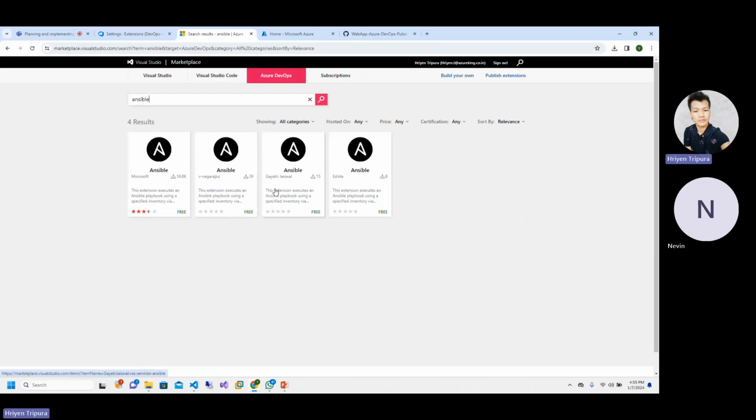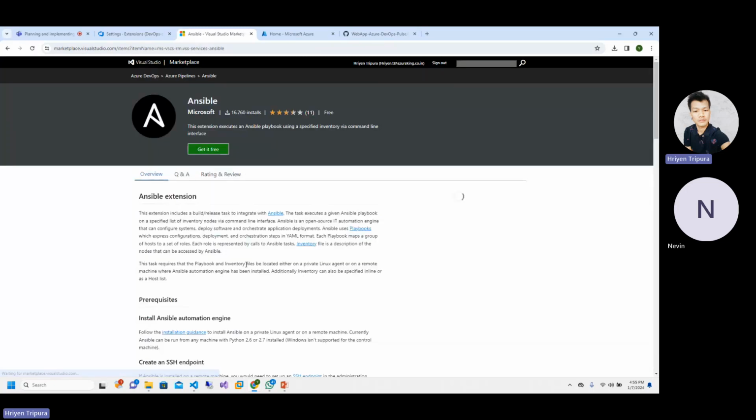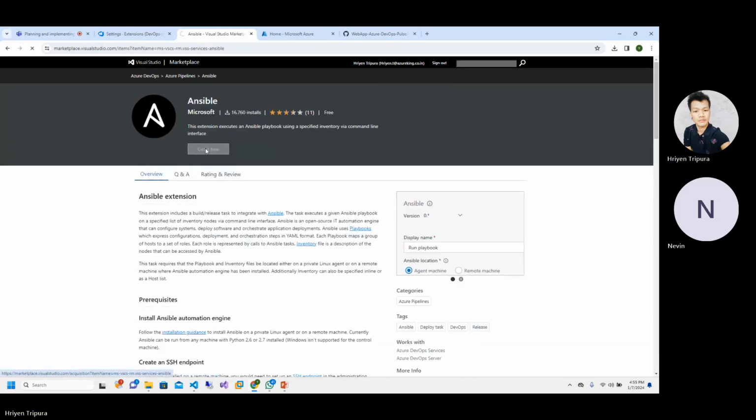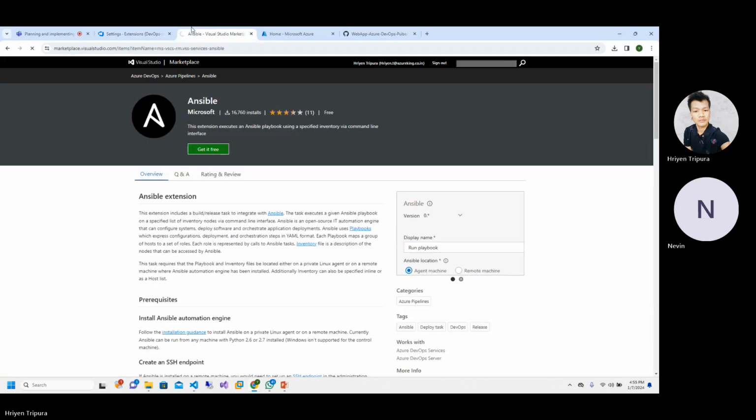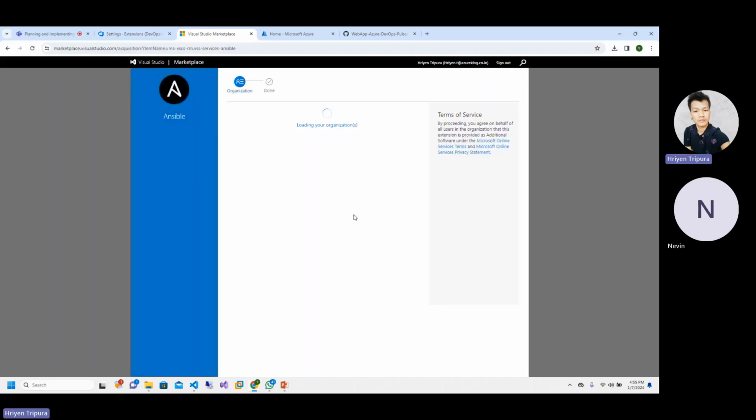Just check which, based on that they are different. This is a Microsoft one, so I will use this only. Then you have to link with your organizations basically. So it's taking time. Okay, that's a thing. Then once you try to install the extension, they're asking me to select an Azure